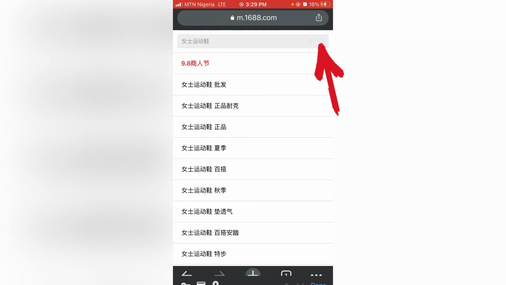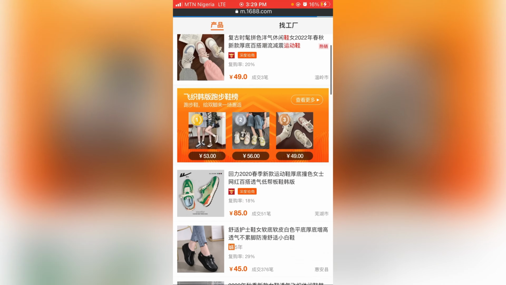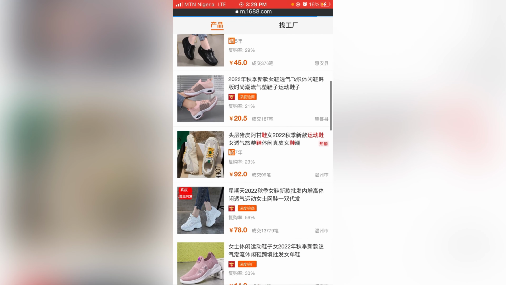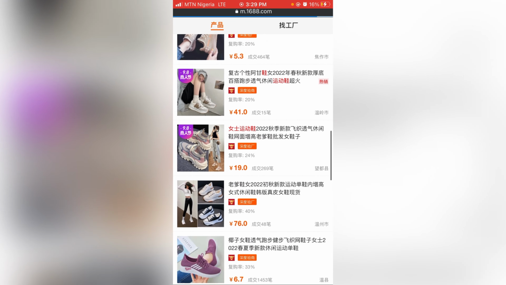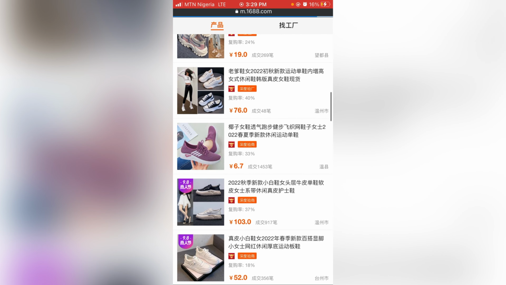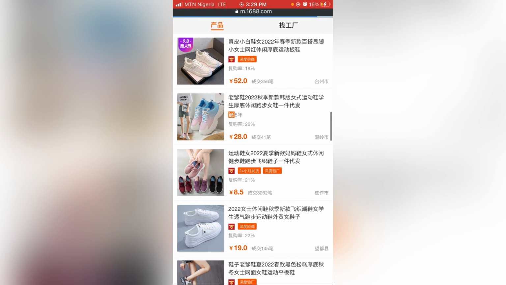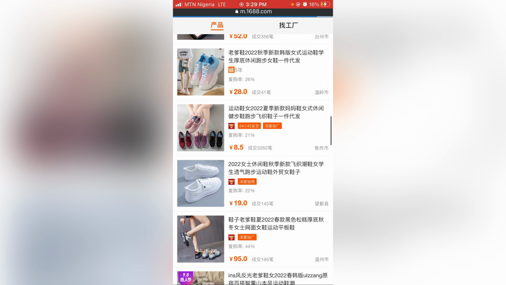I would like to search. Okay, click over here. So you can see different kinds of ladies sneakers, right? So I want to look for one that has different colors so that I'll be able to use it as an example for you. Okay, this one has different colors, and you know the rule to buying on 1688 is